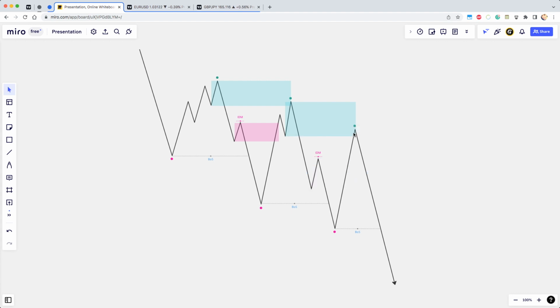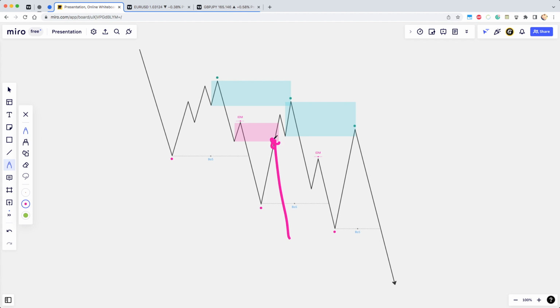And that as a result creates the structure, right? Because look at this, if everybody gets stopped out here, that creates a structure, right? Because people are expecting this to happen,